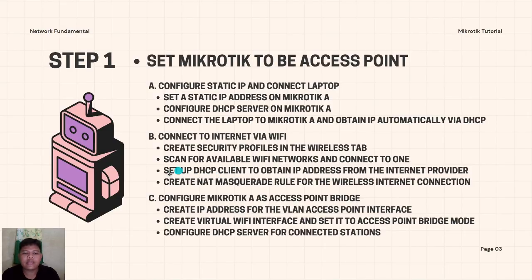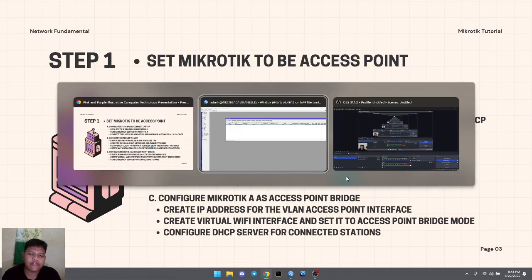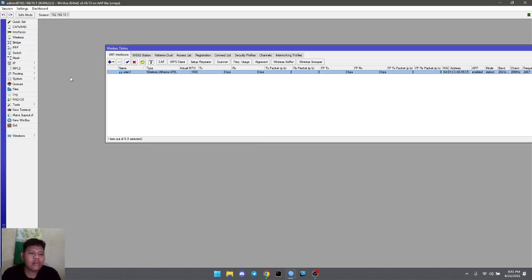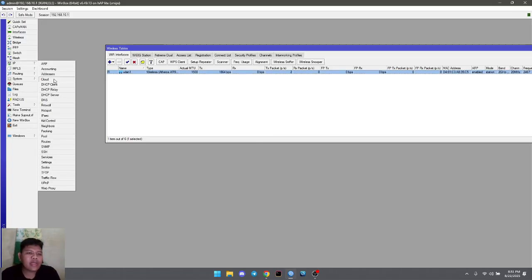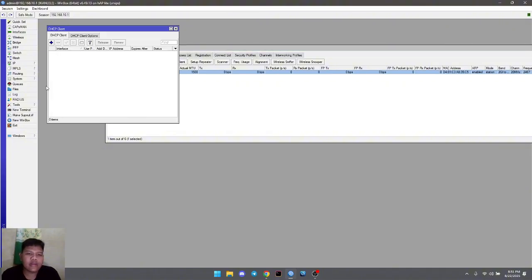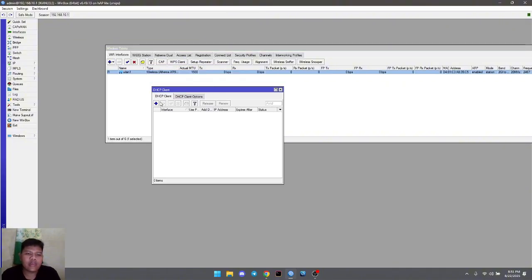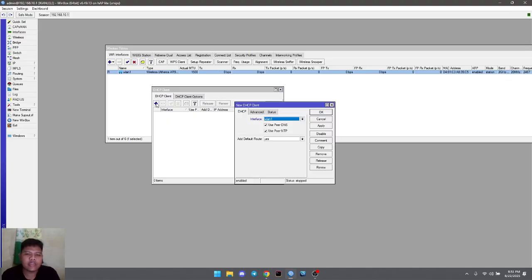So next step is set up the HTTP client to obtain IP address from the internet provider. You can set up the HTTP client in the IP tab and then the HTTP client, and then you can click plus to add an interface one client.